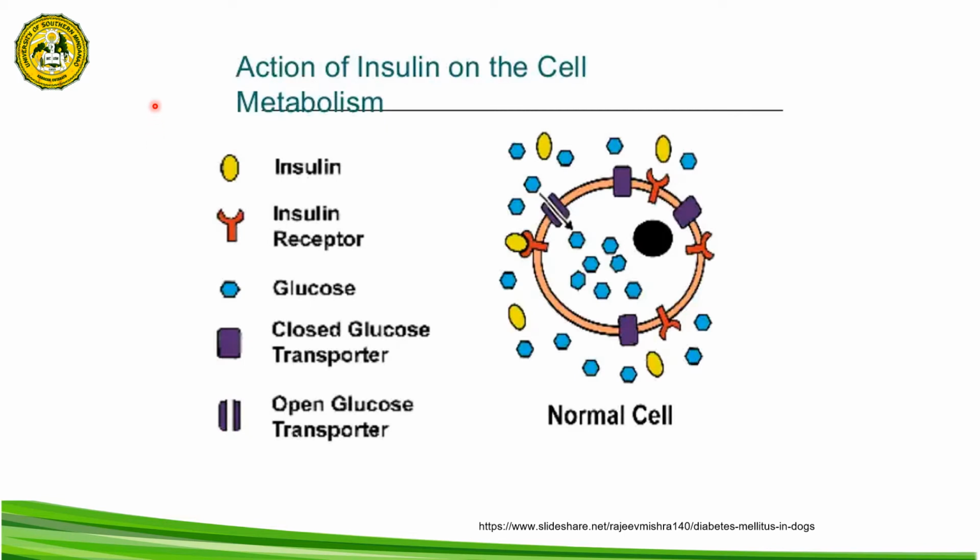We have here a diagram showing the action of insulin on cell metabolism. We have a normal cell and it contains an insulin receptor. We also have the presence of the glucose transporter. This one here is a closed glucose transporter. We also have an open glucose transporter. In the ECF, the yellow one represents the insulin